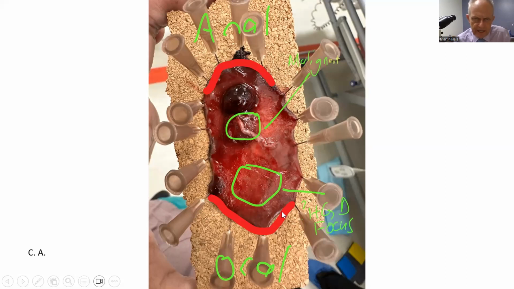The reason I've delineated that as red is that we use 2 inks, to work out where we are in this tumor. The ends of the resection, be it the anal or the oral end, I cover the mucosal surface with red ink, both ends. Then the circumferential or deep margin, if you like, which you can't see here because it's still pinned, but I will show you on the screen, I color with black ink. So when I look at it, I'm able to determine exactly where I am.